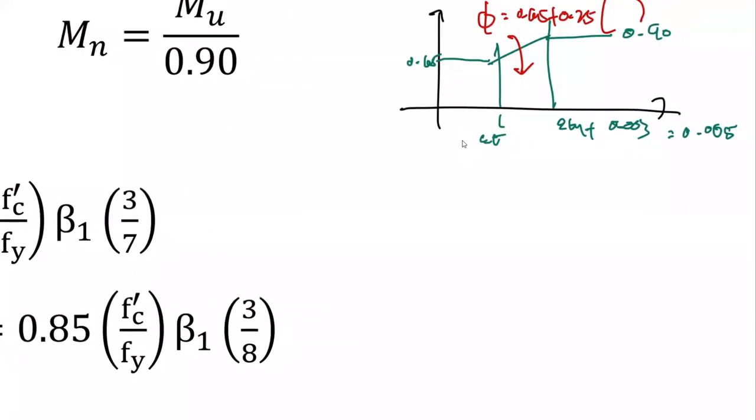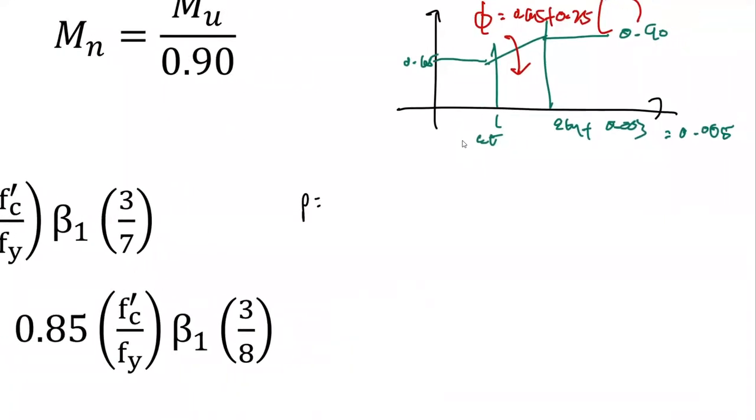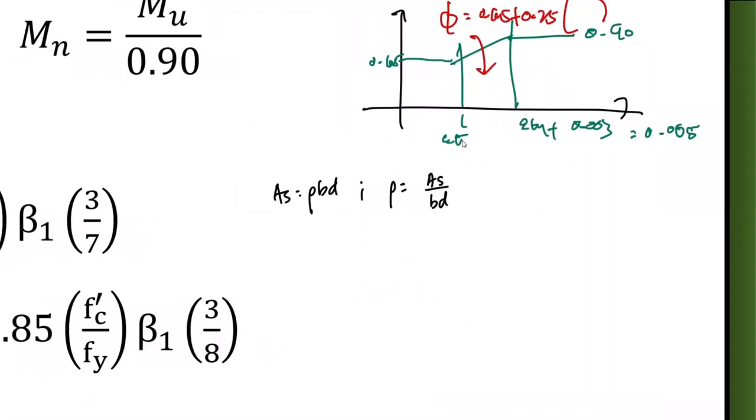Halimbawa, di ba kung kailangan natin ay rho, ang formula ng rho natin ay AS over BD. Okay? Yan yung formula natin. Sorry, AS is equals to rho BD, rather. Okay? AS = rho BD. Ito yung basic formula natin for area ng steel. And then, when we look at it, para makuha natin si rho, that is AS over BD. Okay? Now, when we look at our